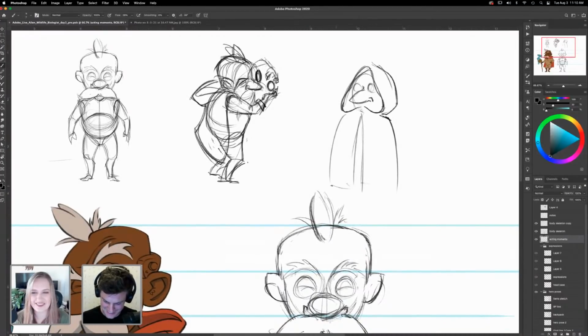Yeah, exactly, I love it. Yeah, and the mustache, right? The mustache breaking the border there. It'd probably be really hunched.